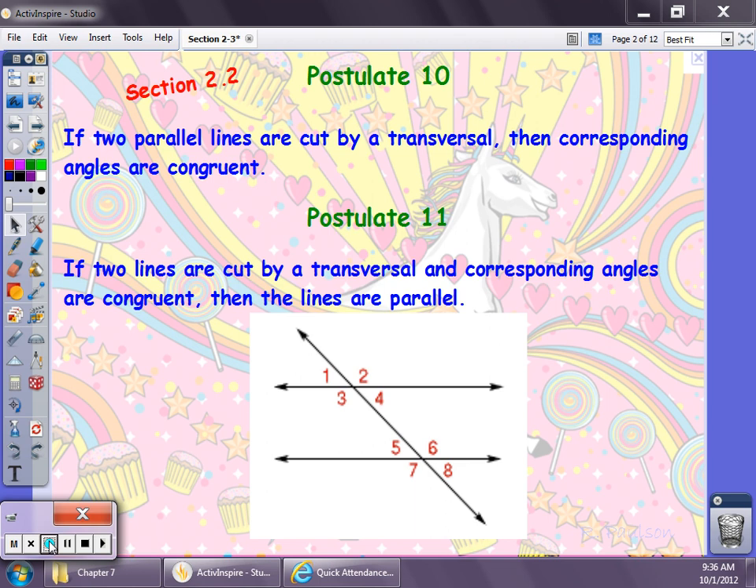The key to doing this is postulate 11. I have also restated postulate 10 from section 2-2 so that we can compare the wording. So postulate 10 states if two parallel lines are cut by a transversal, then corresponding angles are congruent. Postulate 11 states if two lines are cut by a transversal and corresponding angles are congruent, then the lines are